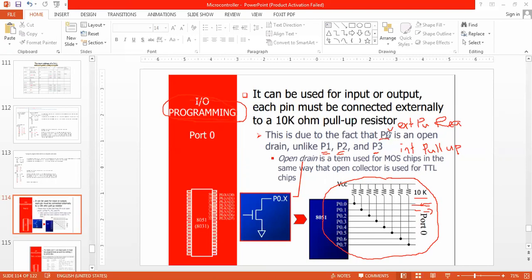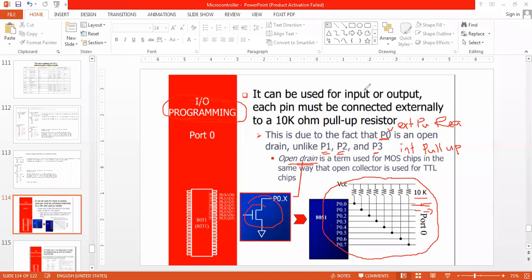Because P0 is always open drain. So that is why P0 requires pull-up registers. We already discussed this in the first module. If you go through that again, it will be very easy. As P0 is open drain, we have to connect a pull-up register to drive the transistor.